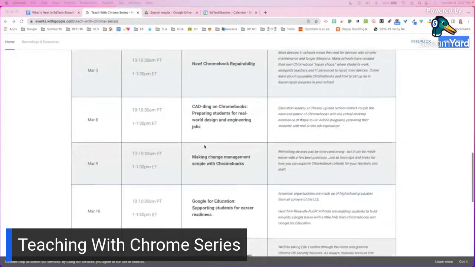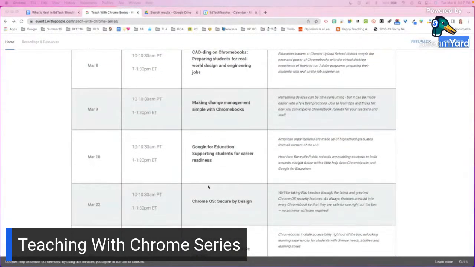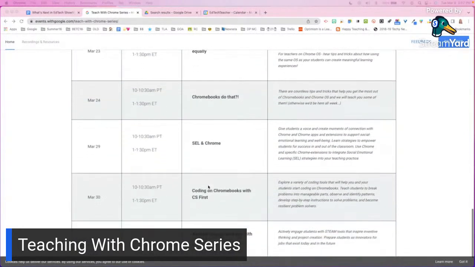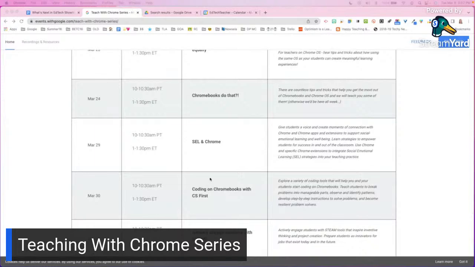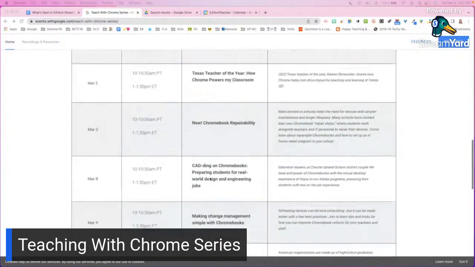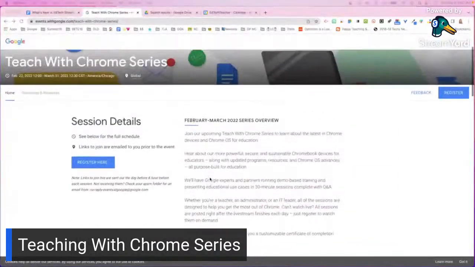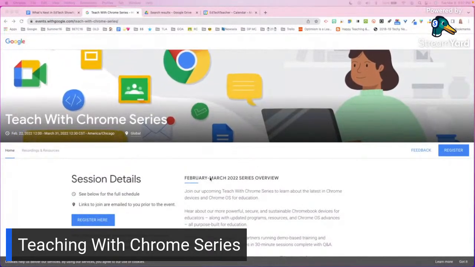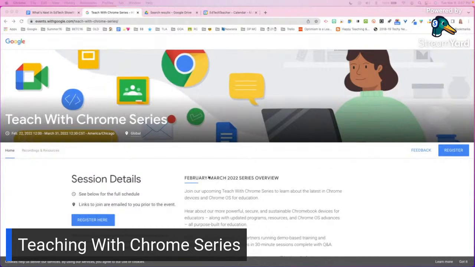Chromebook repairability is in here, so there's a lot of different topics. And I think it's just going to be something that is a great resource, whether you are a teacher, a parent, or an administrator. I think there's a little bit of something for everyone in there. So that'll be linked in the show documents as well.